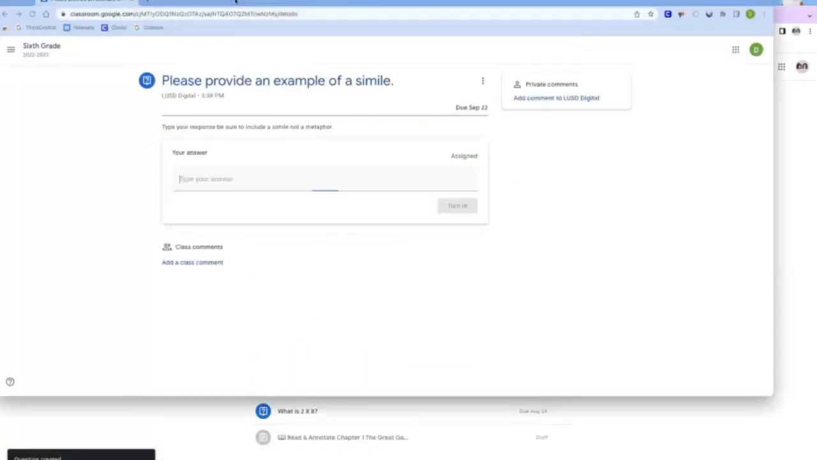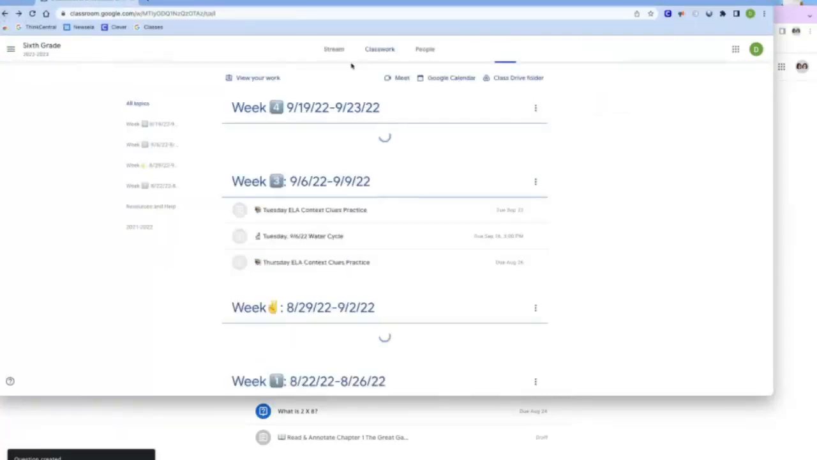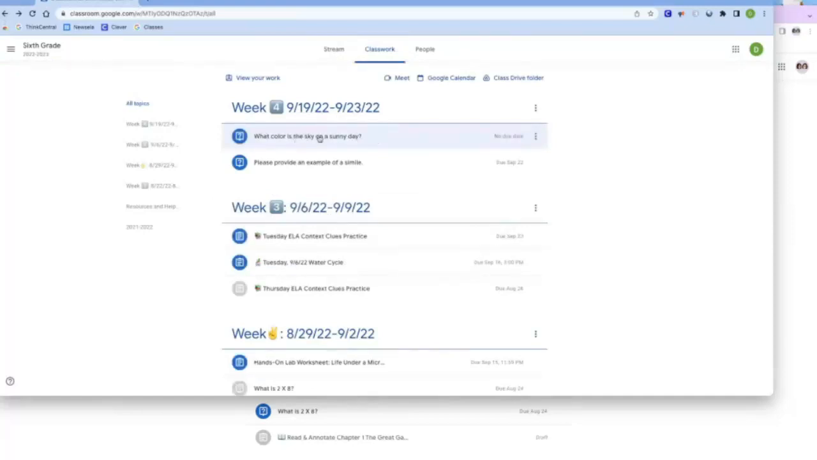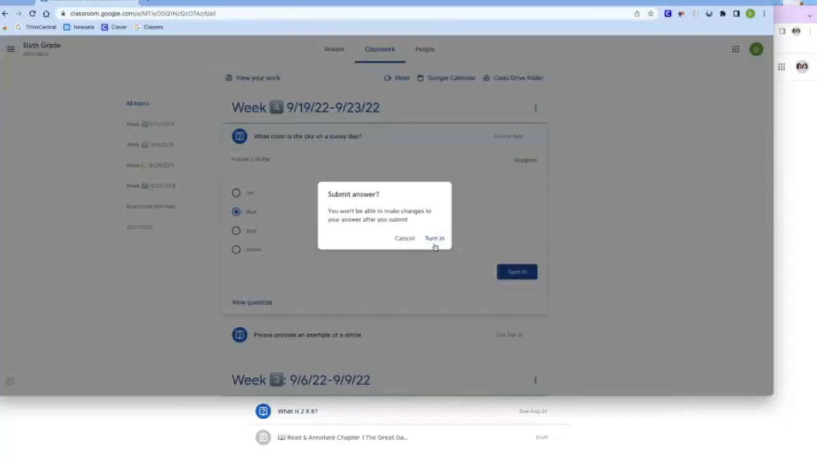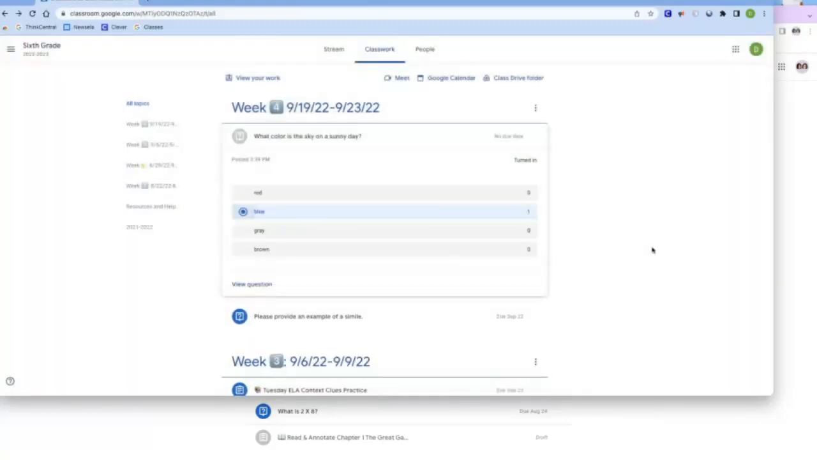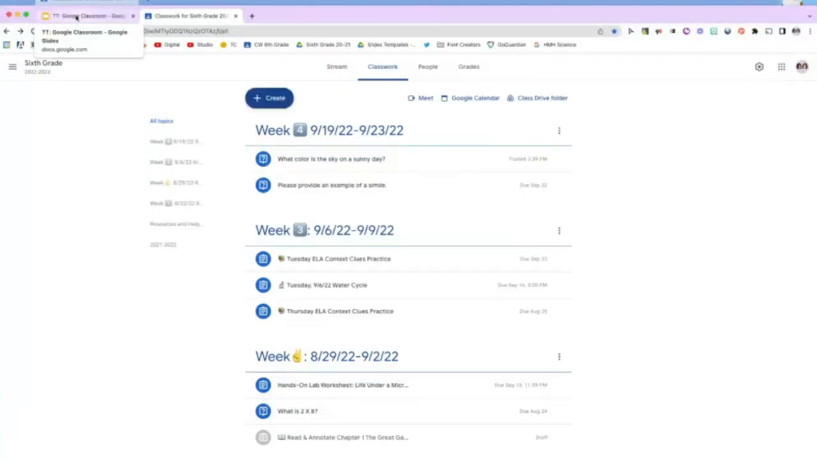And then going on over to the student side, let me just refresh. Go back here. And what color is the sky on a sunny day? And again, for the students, it's right here. I'm going to click blue and turn in. And you will be able to make changes to your answer as a student, which is good because we don't want them to change their answer, and turn it in. And you can see here, since I've allowed students to see the responses, I can see that one student, which is me, has responded in blue. And that is how you can add questions